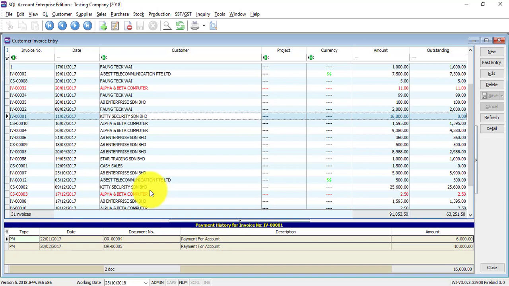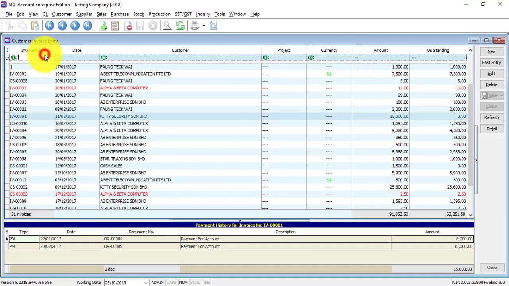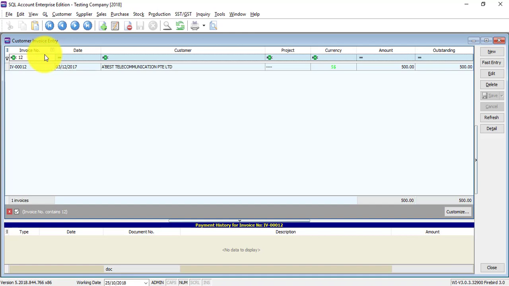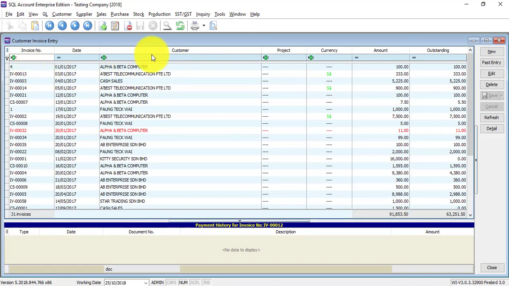Now, let's say you want to search for a previous invoice that you created. You can use different criteria to search. For example, if you can remember the invoice number, you just type the invoice number. If you cannot remember, you can search by using the name,